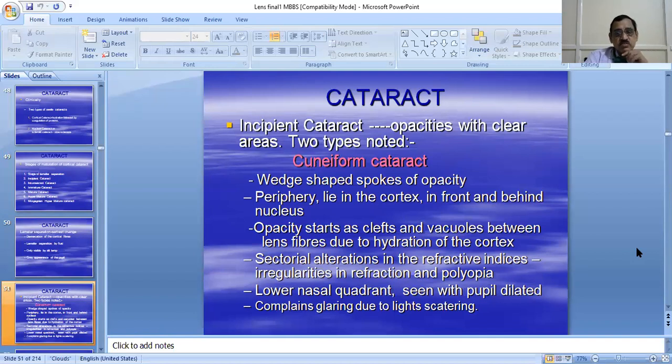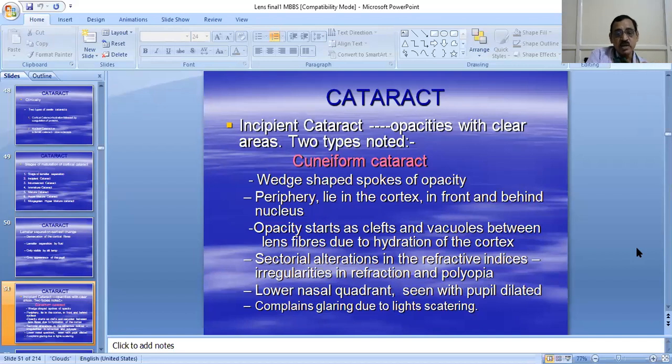Opacity starts as clefts and vacuoles between the lens fibers due to hydration of the cortex, with sectorial alterations in the refractive indices, irregularities in refraction and polyopia. So what will happen is there will be alterations in the refractive indices of the various parts of the lens, and irregularities in refraction from one part of the lens to another. That's the reason the patients will have polyopia, or they'll see multiple objects and sometimes multiple moons